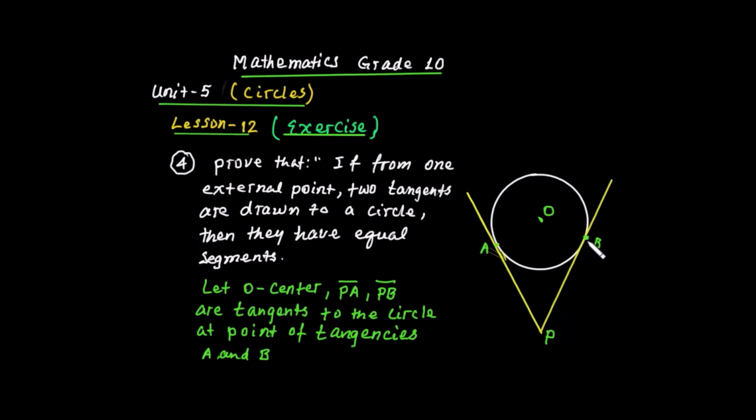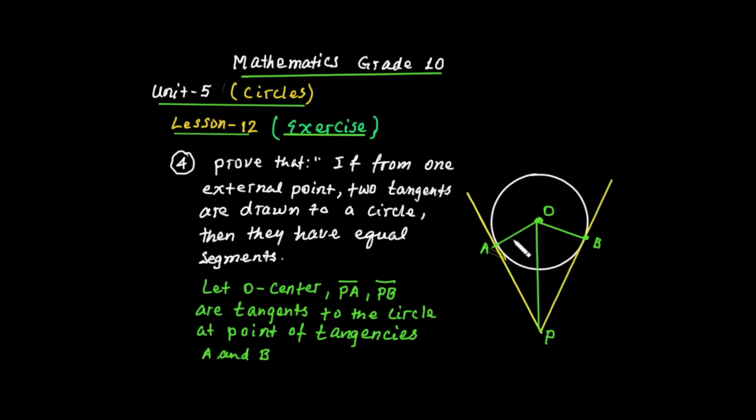ስለዚህ ይሄን ፕሩፍ በሚቀጥለው ፔጅ እንሰራዋለን። ስቴፖቹን እዚህ ስታዩ የመጀመሪያ draw AO, BO and PO ነው። ስለዚህ ስቴፕ 1 ላይ የምንሰራው ኮንስትራክሽን ነው draw AO, BO and PO። ከዛ ሁለት ትራያንግሎች ይፈጠሩልናል, PAO and PBO። በእነዚህ ሁለት ትራያንግሎች, ትራያንግል PAO and ትራያንግል PBO, እነዚህ ሁለት ትራያንግሎች ኮንግሩዌንት መሆናቸውን ማሳየት ነው የመጀመሪያ። ከዚህ ውስጥ የምናውቀው ነገር ምንድነው? ይሄ ኮመን ሳይድ ነው ለሁለቱ ትራያንግሎች, this is common side። ይሄ ሬዲየሳቸው ነው፣ ይሄም ኮንግሩዌንት ናቸው።